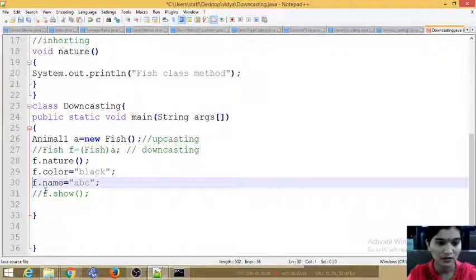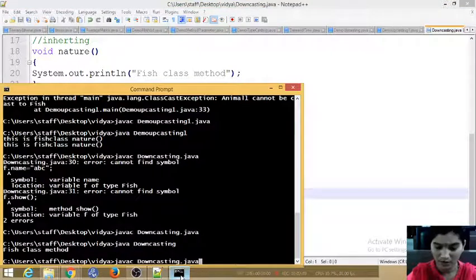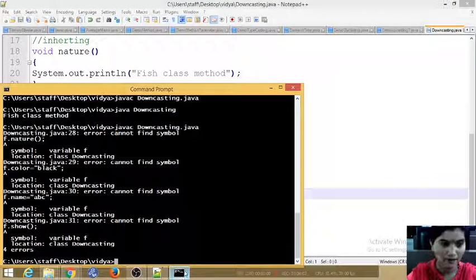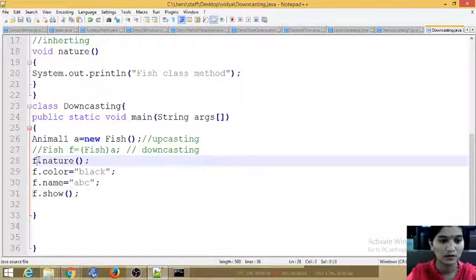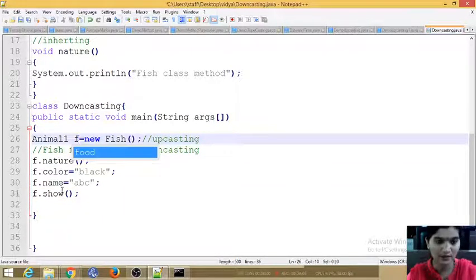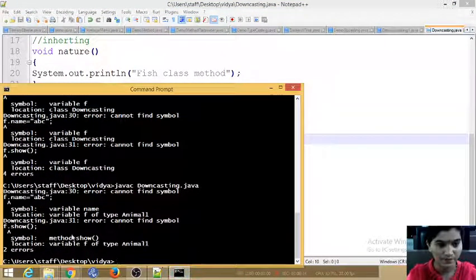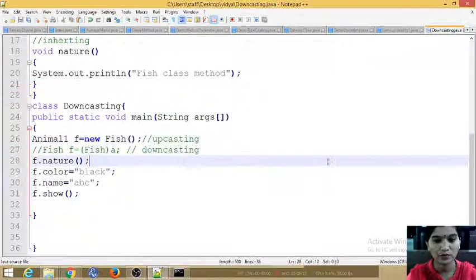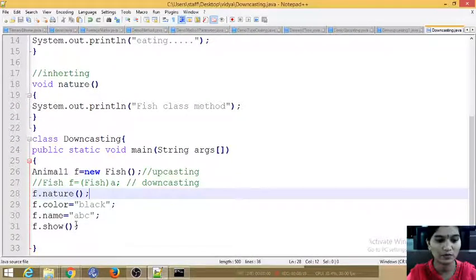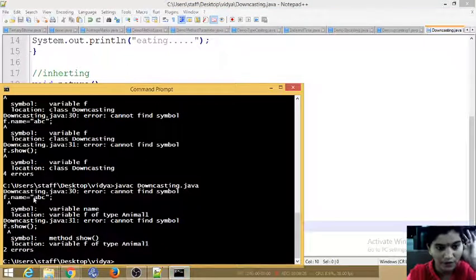Let me run the program. I need to change it; I will change only the variable to f rather than changing everything. f dot show is present in your child class, and this is not possible. The same error is showing for both upcasting and downcasting. It shows the error for name and show too; they are not working.